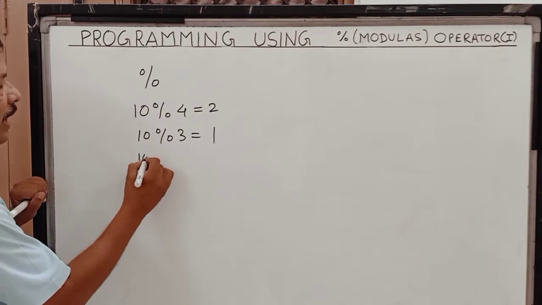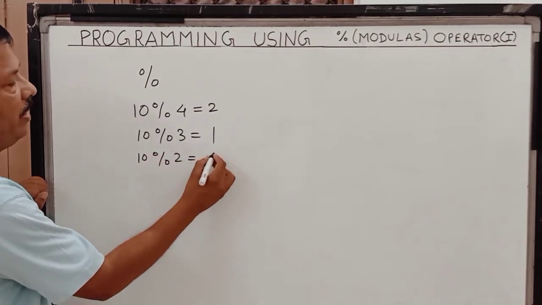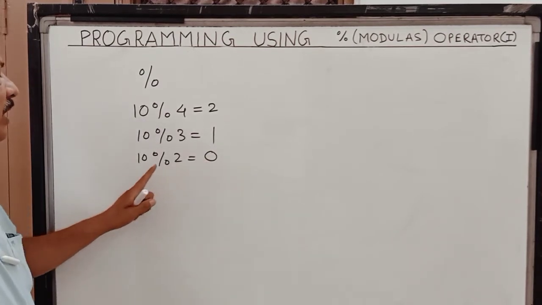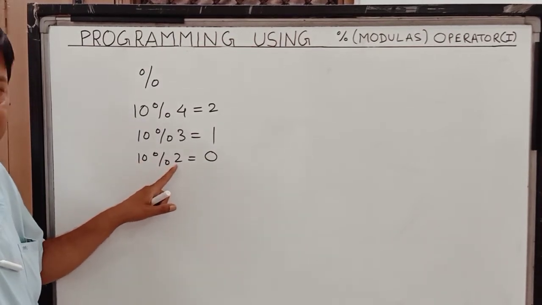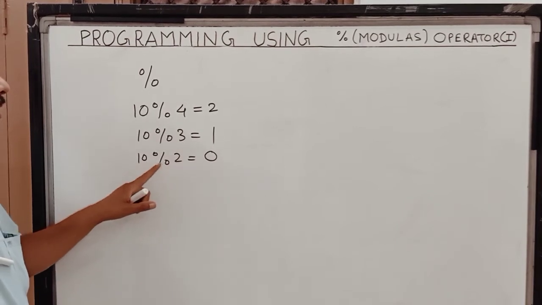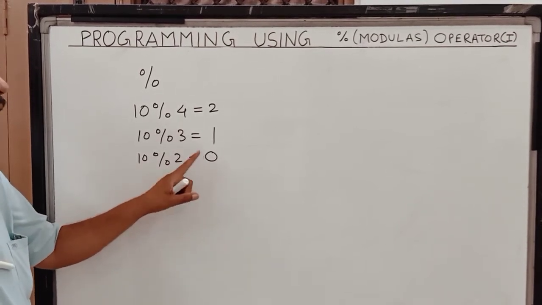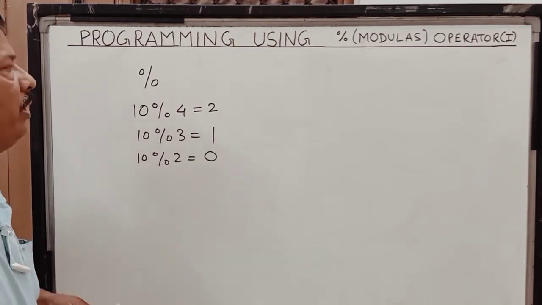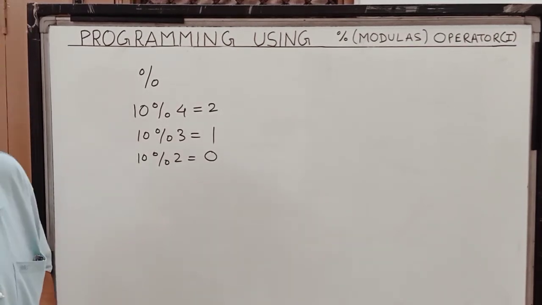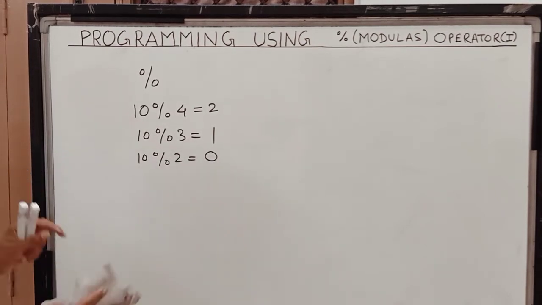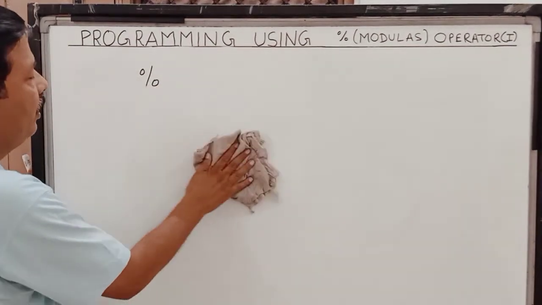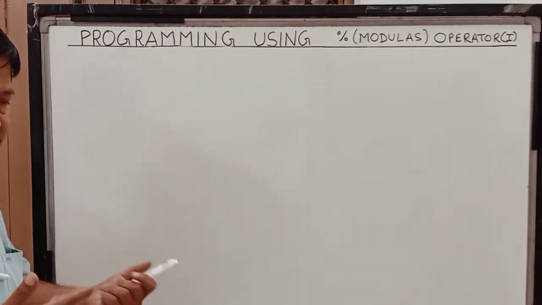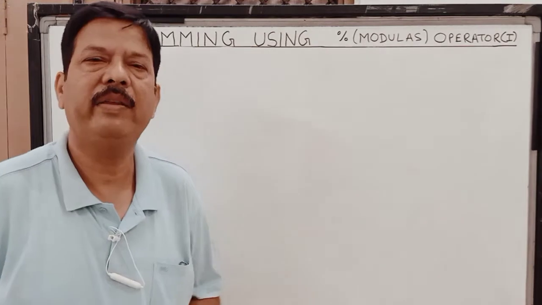But if I say 10 modulus 2, then my remainder is 0. Now children, when my remainder comes to be 0, that means this number is divisible by this number. So 10 is divisible by 2. This concept we are going to use in many of the programs which we are doing, and these programs are coming also. So in the beginning children, we are going to write down a program, and I request you to even write down these programs which I am giving you, because they are coming in the exams also.